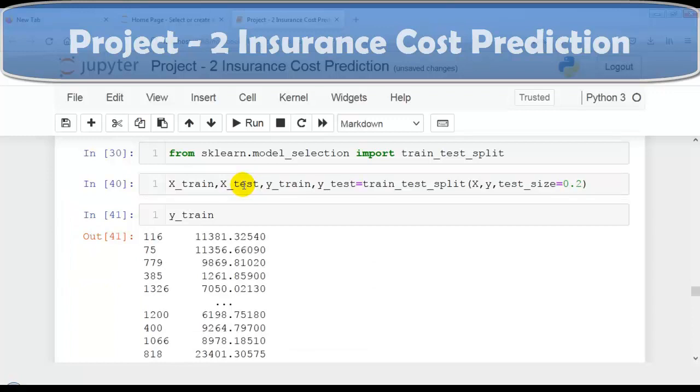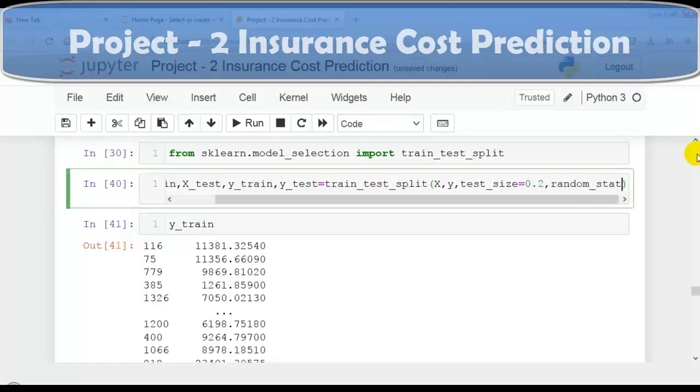So if you want to make these samples remain the same in every run, so for that we have to use one parameter in this train test split, random_state with some value. Let me write 42. So please remember, it doesn't matter what the actual random_state number is, 10, 0, 2, 20, whatever.